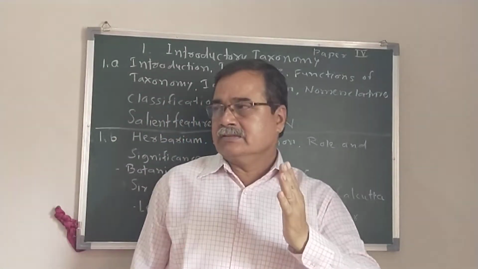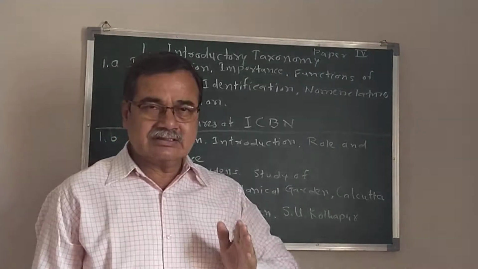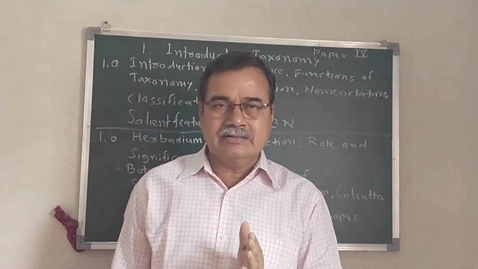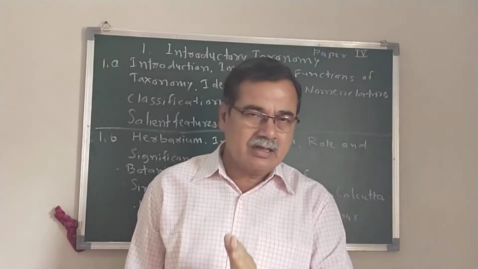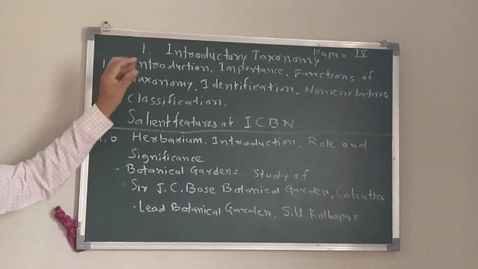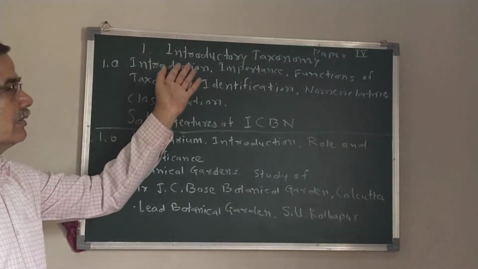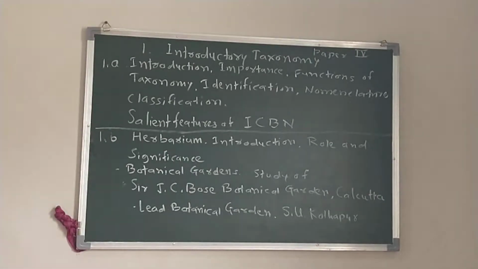flowering plants are arranged by rules and regulations. The flowering plants, that is the angiospermic plants, which are observed on the earth's surface, are arranged as per the rules and regulations. Here, for the flowering plants, we should see how they occur, where they occur, and what the characteristics of the plants are.